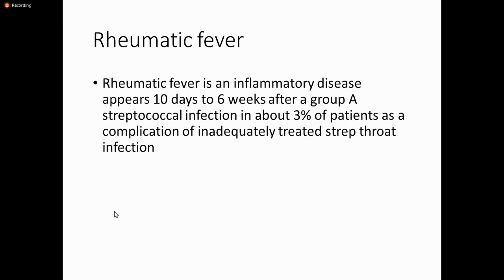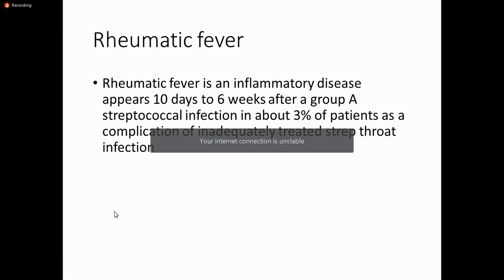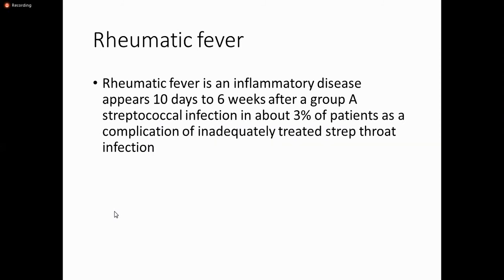If we give proper antibiotics and treatment for pharyngitis and skin disease, the chances of these post-streptococcal complications are rare. But if we do not treat streptococcal sore throat and skin infections properly, it can